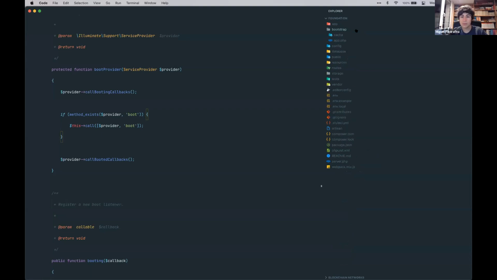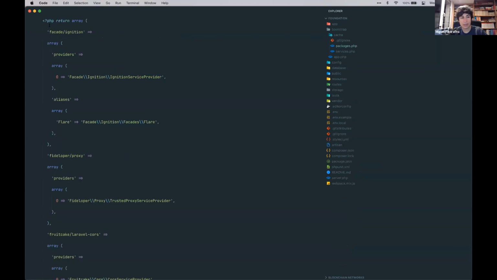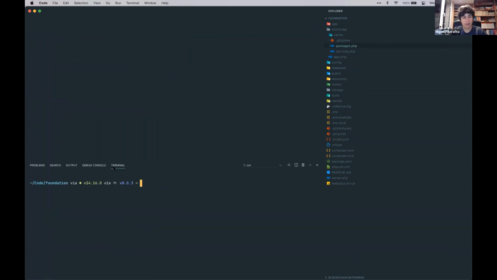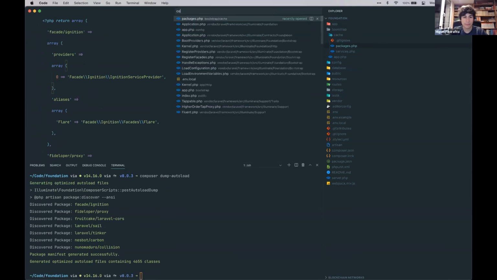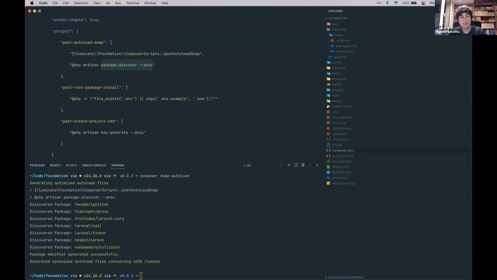So if we go to our bootstrap cache folder, there is this packages file, which just contains a list of all the packages that we have installed that have providers or aliases, and their aliases. And if I clear this up and run composer dump, you will see that this comes back up. So this is regenerated. The way this is done is there's this post-autoload script that is executed every time the autoload is dumped, which happens after you install, upgrade, whatever, which runs this package discover command,